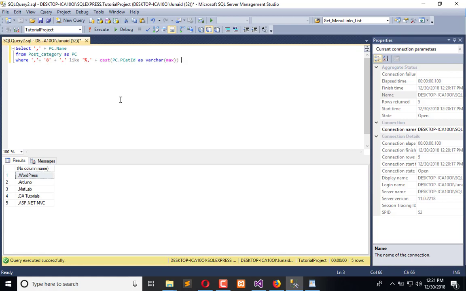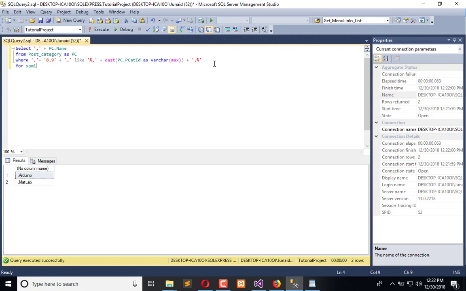Okay, it will find the record in this id. If it is matched, then it will return us the record, like Arduino is matched. Okay, now for example comma 9, so it's matched and returns us 2 records, but we need these 2 records in one line. So we will use